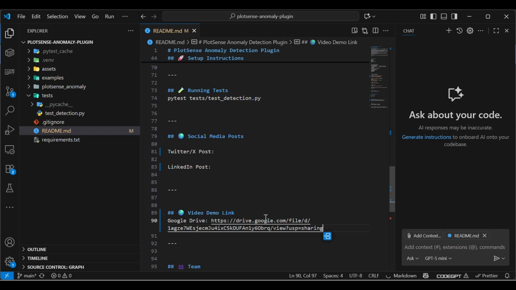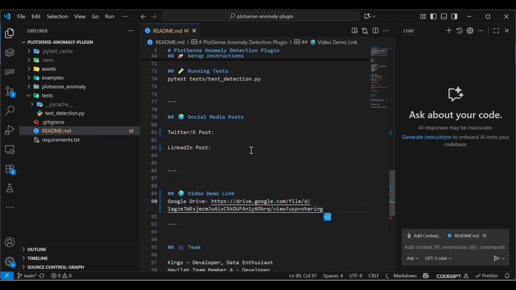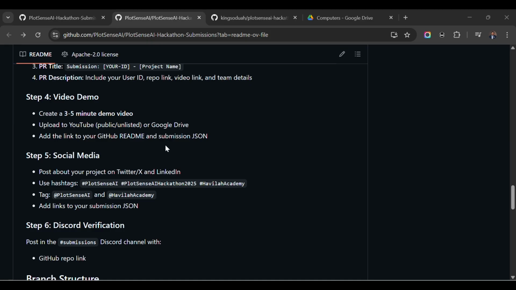All right, so step 4 has been done. Now let's head over to step 5 to make our posts. Step 5 says post about your project on Twitter, that's X, and LinkedIn using these hashtags, hashtag